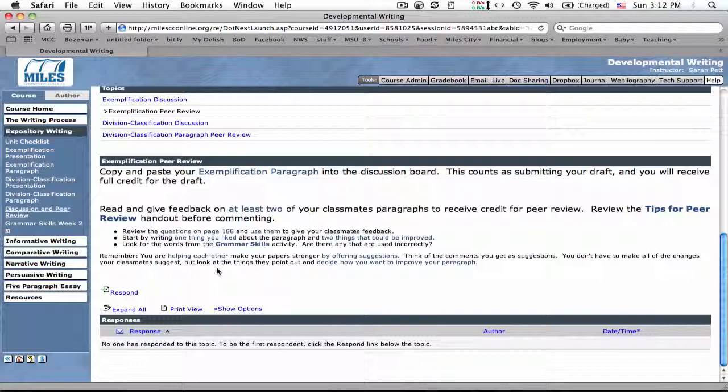It's helpful to get other perspectives on your writing. It's helpful for you to see other people's styles of writing. It also strengthens your own ability to find sentence skills errors in your own writing by looking for those errors in other people's writing. So please take advantage of this peer review option